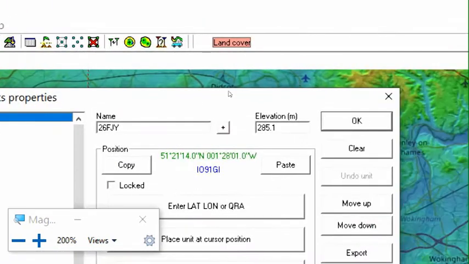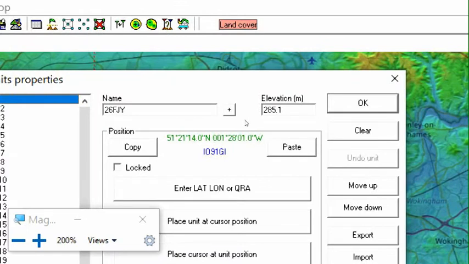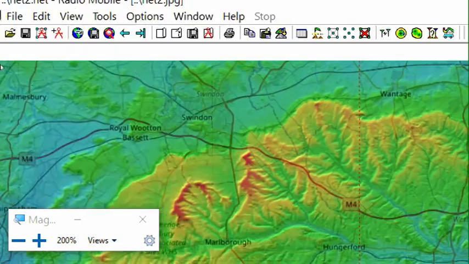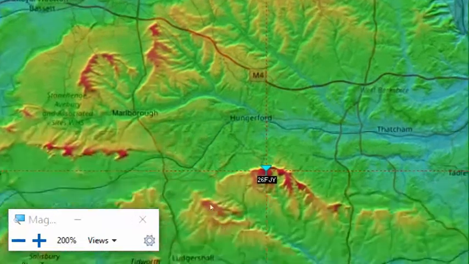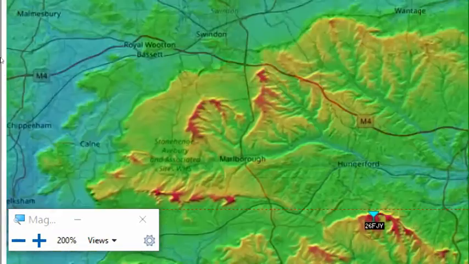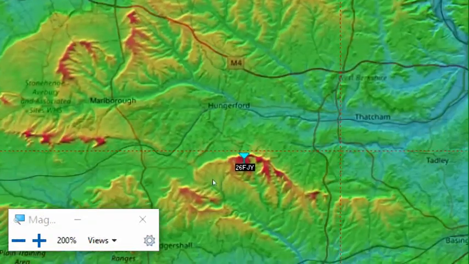Alright. Place unit at cursor precision, which is at 292. Elevation height meters. Okay. Now we need obviously another unit around, so I'm just going to stick another unit just there. Okay. So what I did is, if you click anywhere in the map,